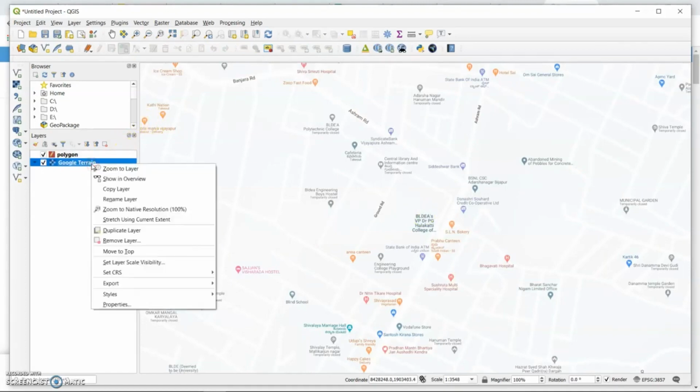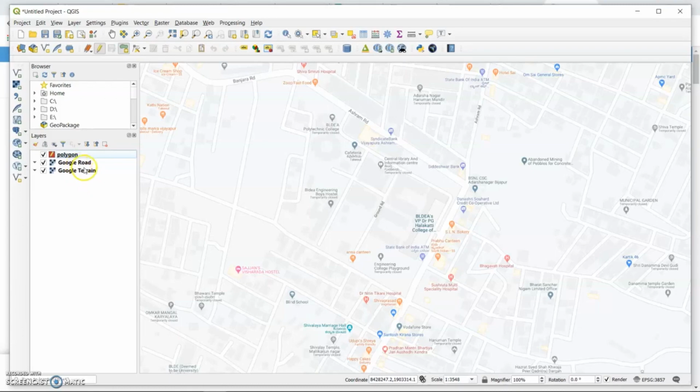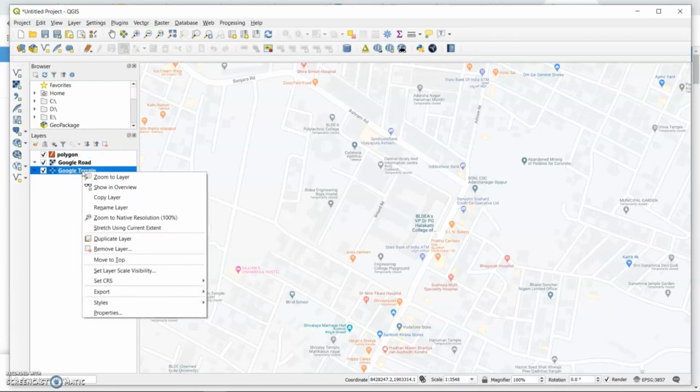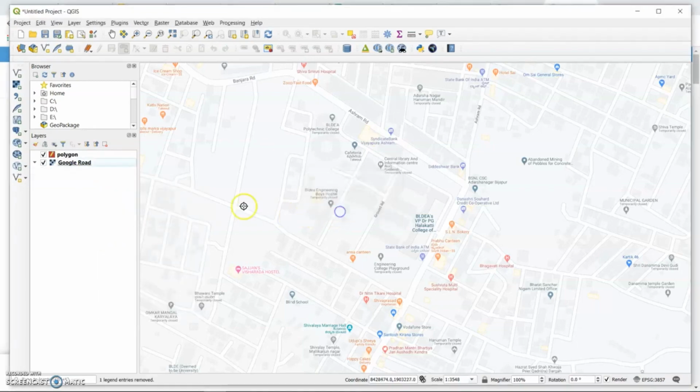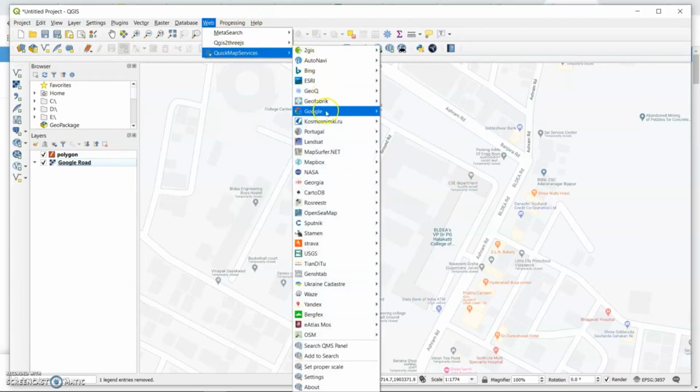To do that, I'll add a layer. I'm just showing it. You can add by the terrain also, but instead of terrain I'll use road. Let me add the road. See, better you use the road instead of terrain. I'm removing the terrain. I added one more map, which is Google Road. So I prefer this now. Instead of terrain, you go for Google Road. When I applied Google Road, you could see the plan of my buildings is visible. Is this correct? I'll show you again.